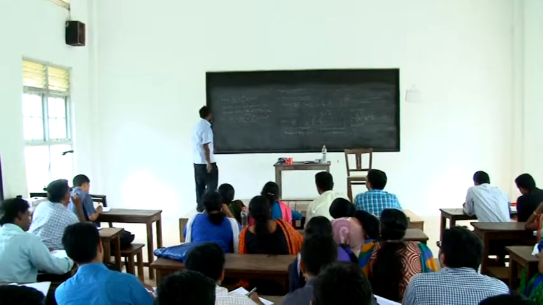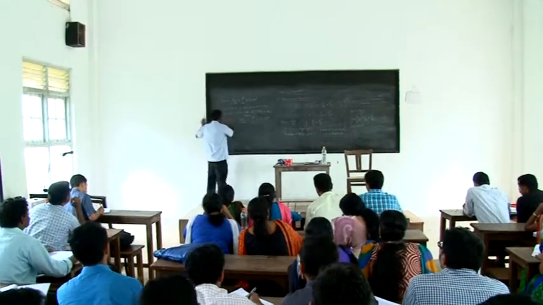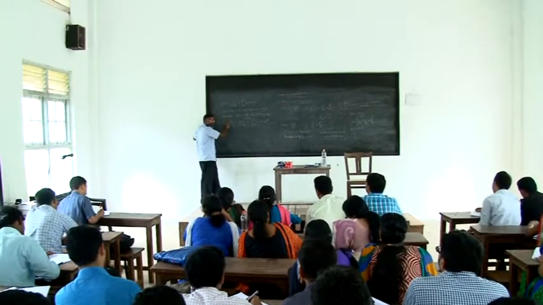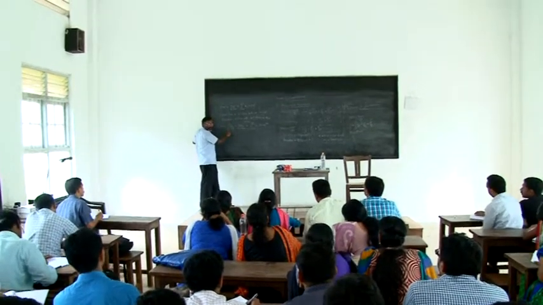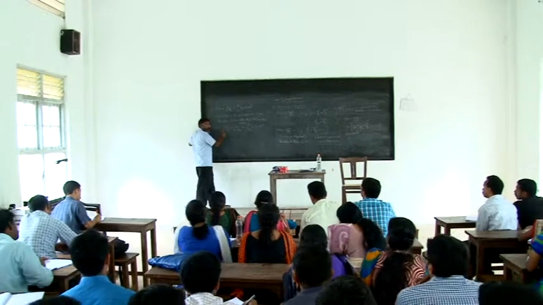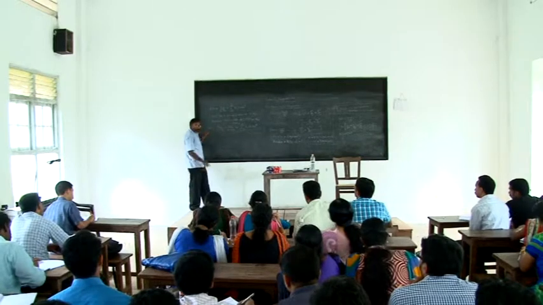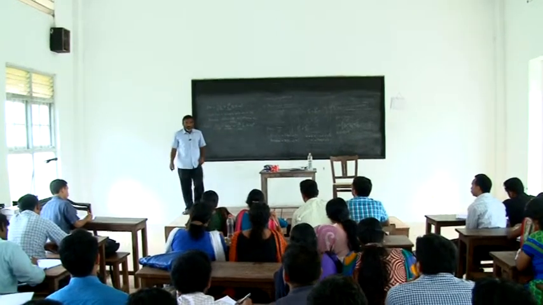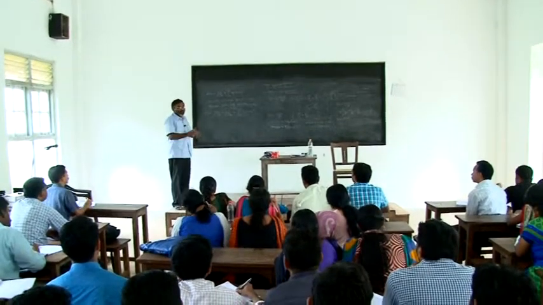But how do I get this residue? If I multiply this with z minus z naught, there will still be a z minus z naught remaining here. If I take z tending to z naught, this term will blow up. So the limit does not exist. So how do I get a minus 1?